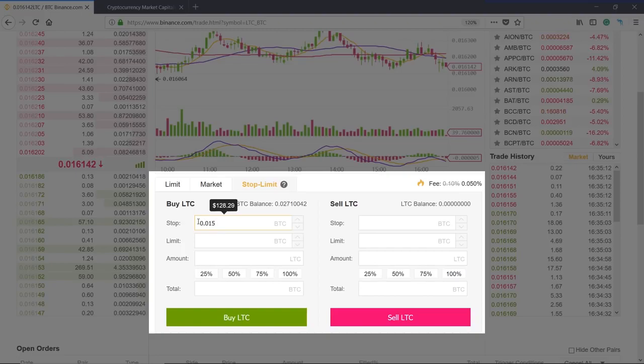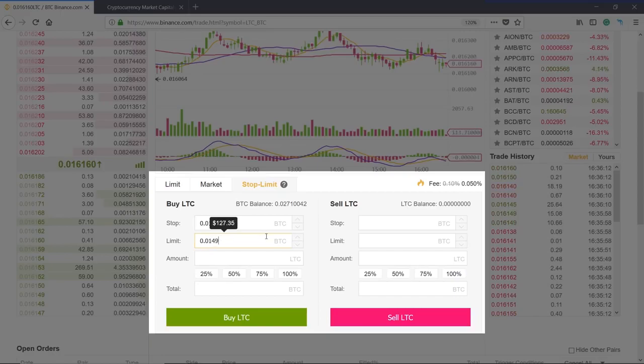You only want to pay $128 for the Litecoin, not the current price of $136. Now, if you're confident that Litecoin will go there, you can say, I'm going to issue this stop order when it hits this, and once it reaches this amount, I want to buy it now at this particular price,